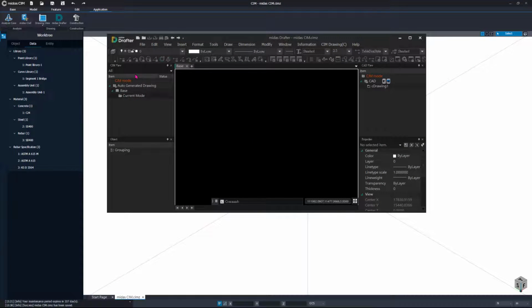So as you can see here in the left hand side, this is the CIM view. So if you have a lot of drawing views, for example, a side view, top view, bottom view, you will see all of the views in here.